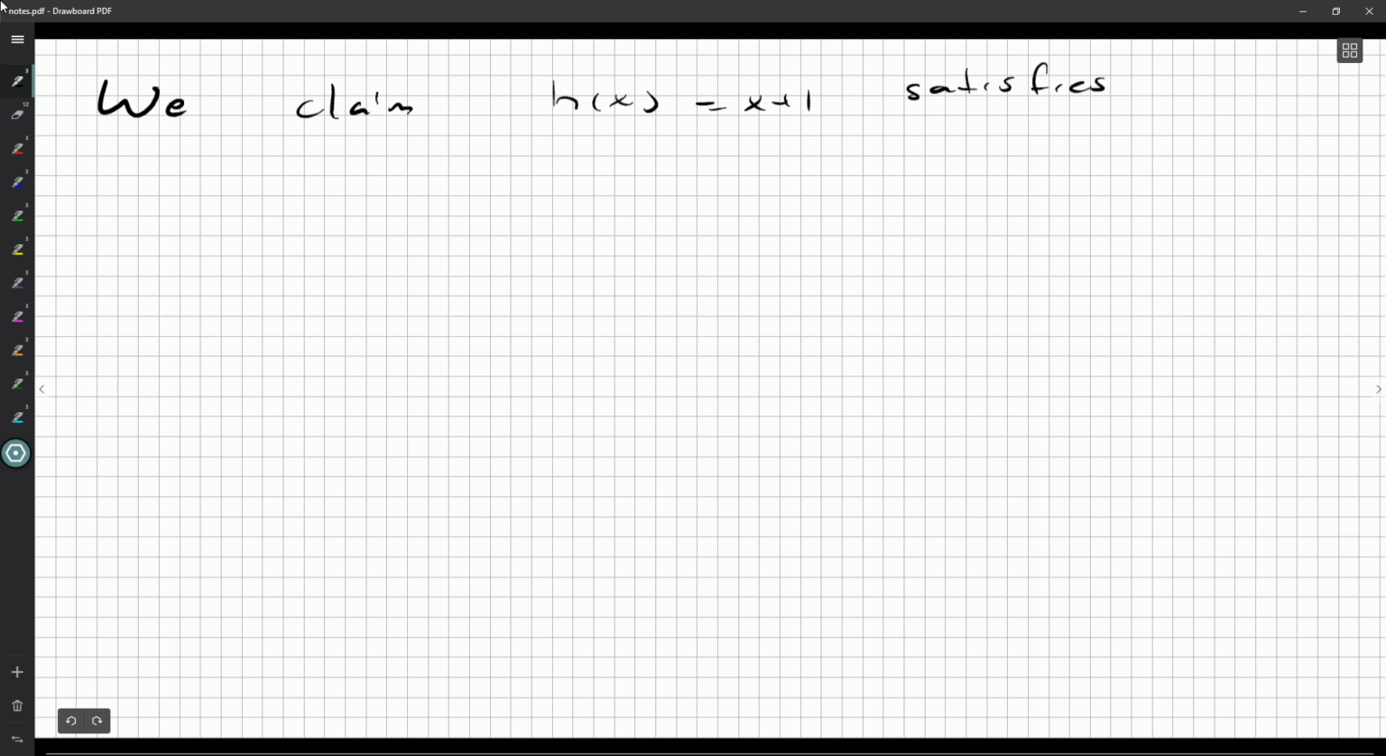Okay, so if you want to do this, you'd probably get a mark for finding this h, maybe even 2, depending on how you write it up. But here's what we'd probably say in the question. We claim h of x equals x plus 1 satisfies the properties. Okay? And you just run through the list, and I'd say,